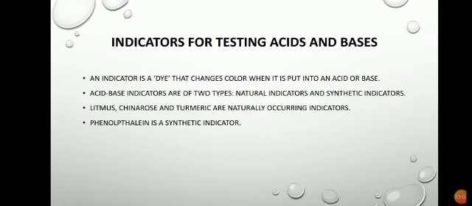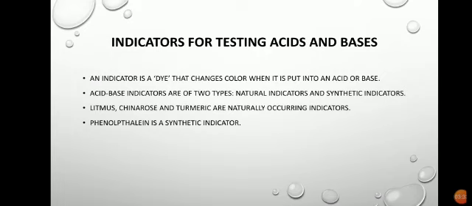Now the next topic is indicators for testing acid and bases. What is an indicator? An indicator is a dye. As you all know, dye means color, that changes color when it is put into an acid or base. An indicator gives different colors in acid and base. Thus we can say that an indicator tells us whether the substance we are testing is an acid or base by